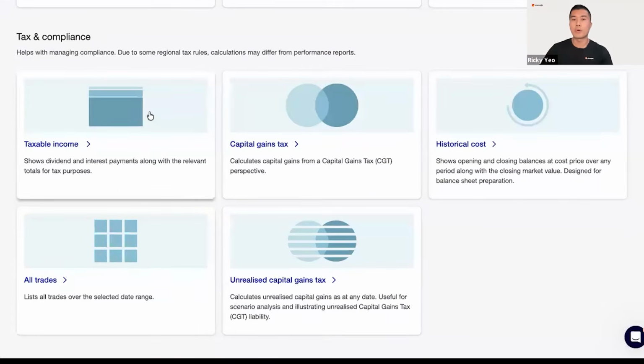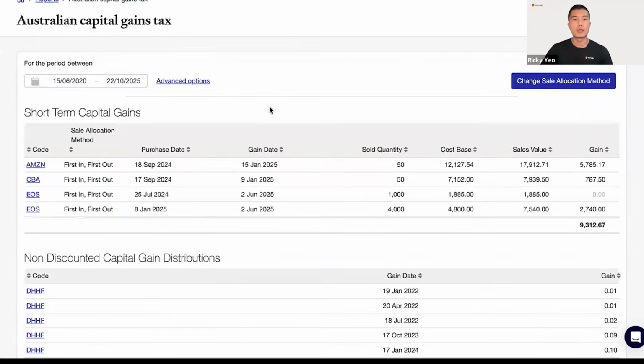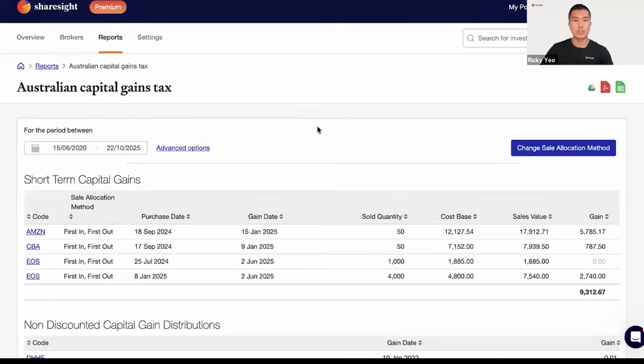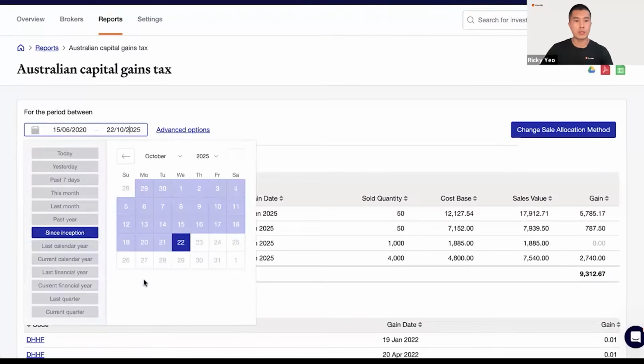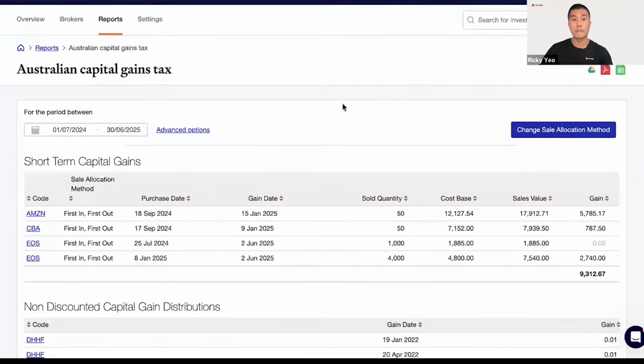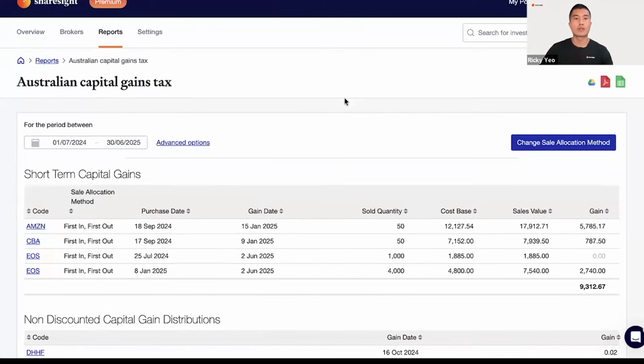So you can see the taxable income report, that's the other one, and the CGT report. I'll walk you through the CGT report first. For the CGT report, I would set this to last financial year. Okay, so the CGT report is